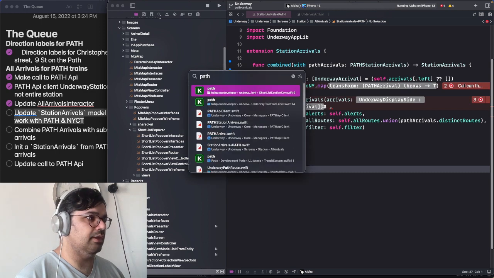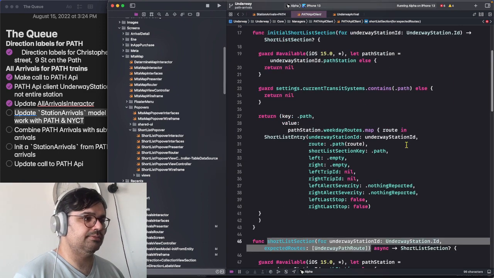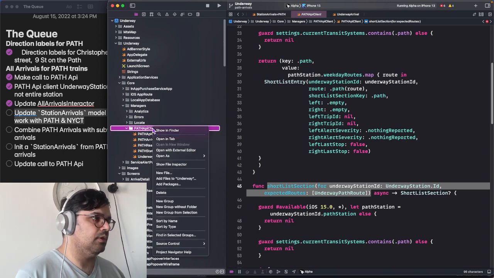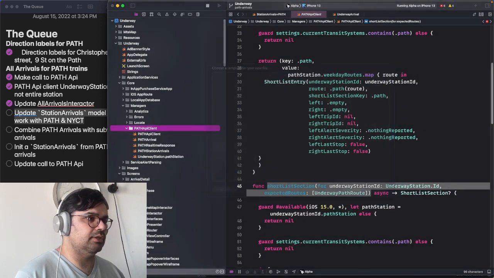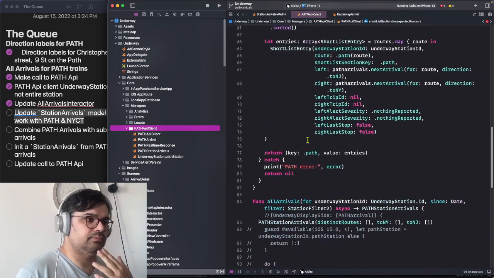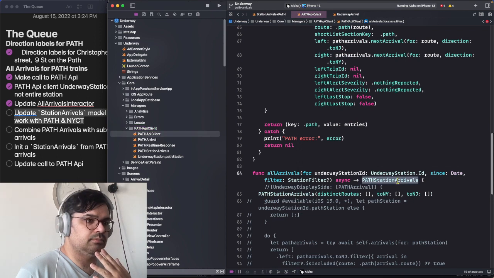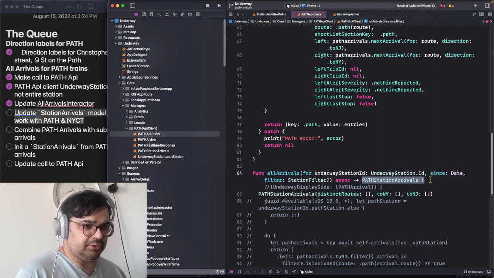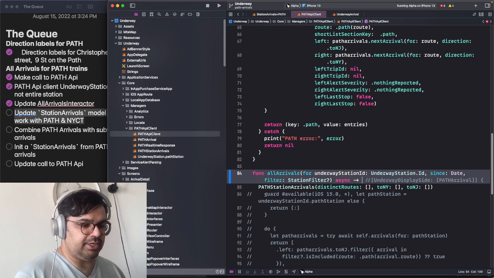API client. New file for this. Well, actually, yeah, okay. So instead of returning a path arrivals object,